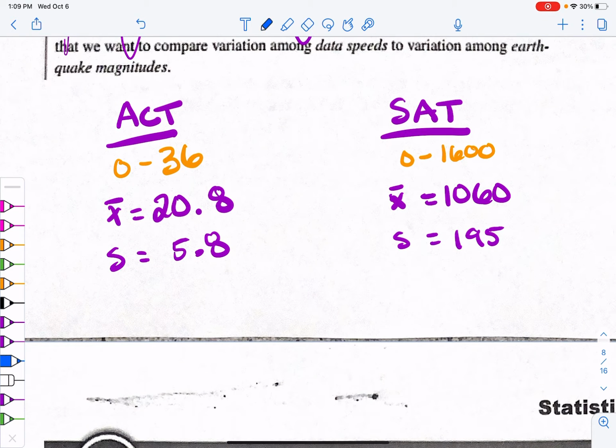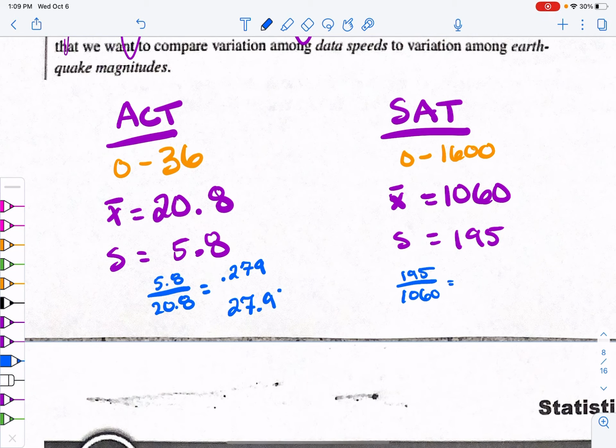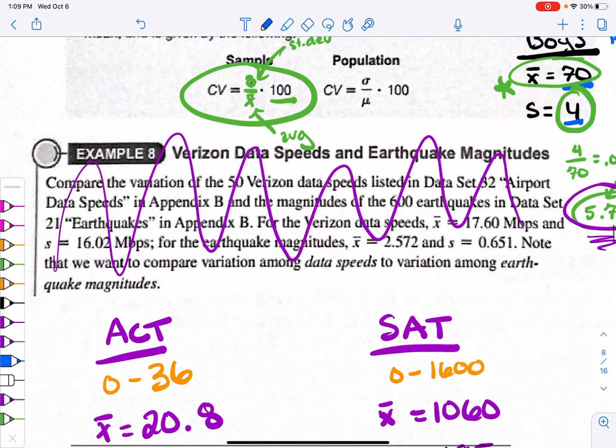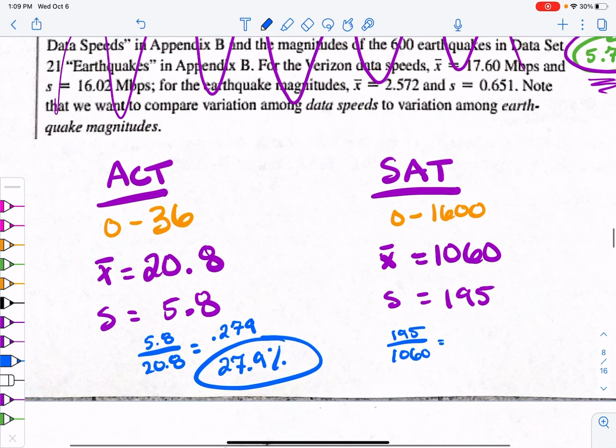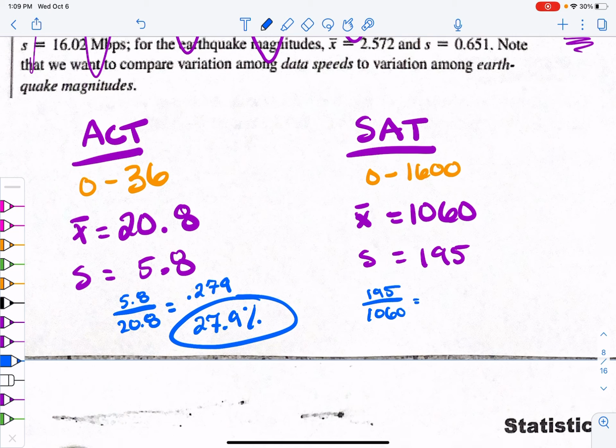So still just take the standard deviation, 5.8 divided by 20.8 over here, and then this one we're going to take 195 and divide it by 1060. And we're going to see which one has more variation. So 5.8 divided by 20.8 is 0.279, which is 27.9%. Again, in the formula, that's the take it times 100 part, which you could probably do in your head, like we just did. The second one, 195 divided by 1060,